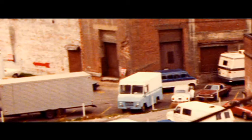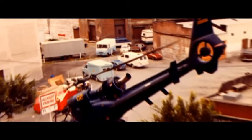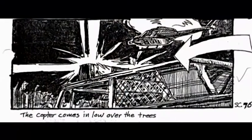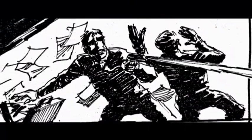Because of the complexity of planning, where if you've got helicopters and all this and you're shooting back down onto the ground, where do you put the unit? Where do you hide stuff? All the huge trucks and everything have got to be further away. All that sort of thing had to be figured out. And the only way to do it was for me to provide a sort of totally laid out diagram of the entire film,